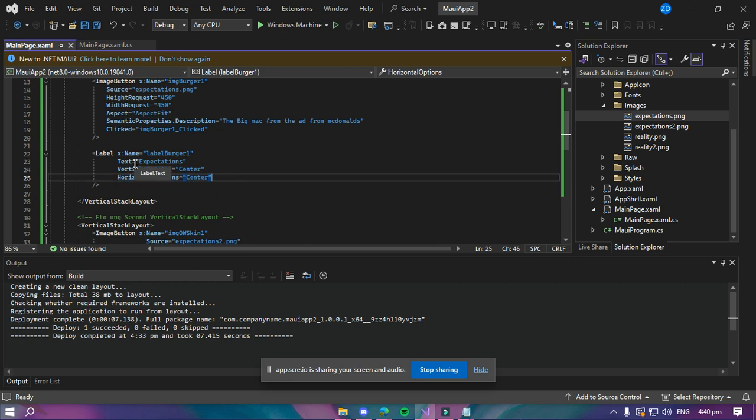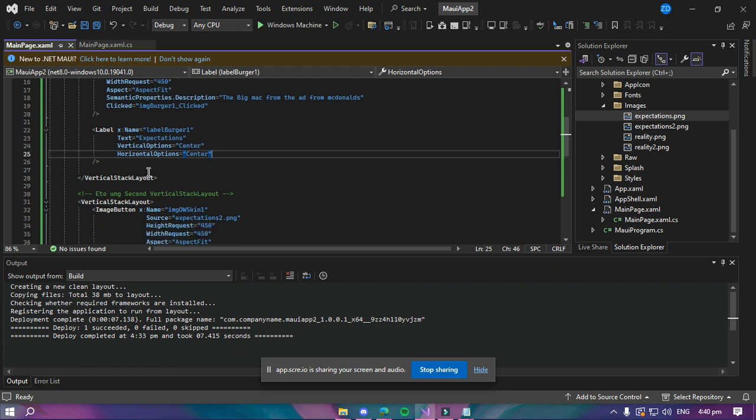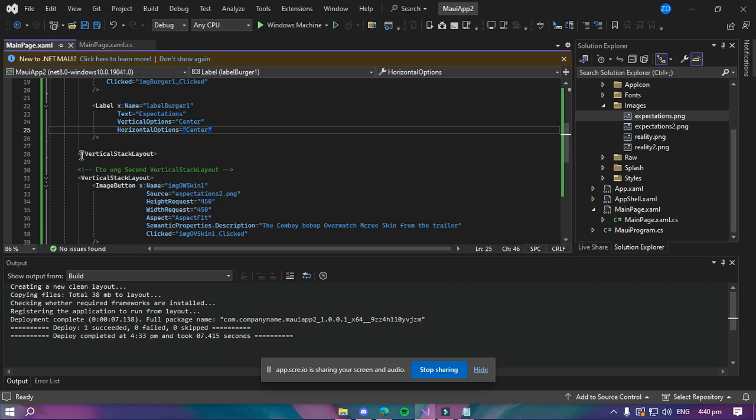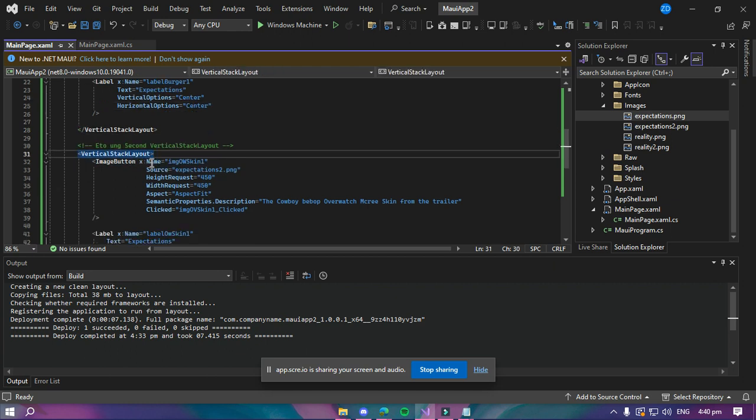So when it is displayed, it will be centered in the area of the vertical stack layout. So let's move on to the second vertical stack layout. I named it IMG OW skin 1 with camel case because the image used here is Overwatch, yeah. And the source here,